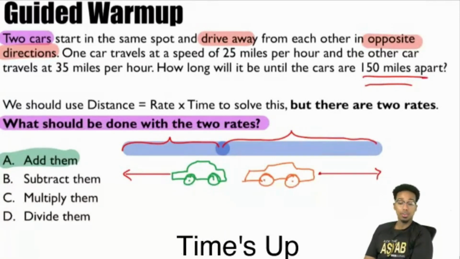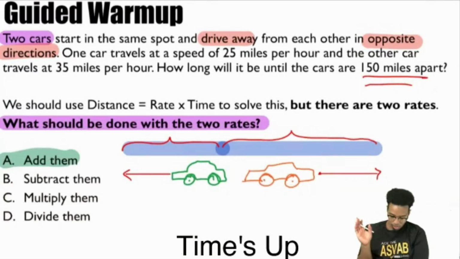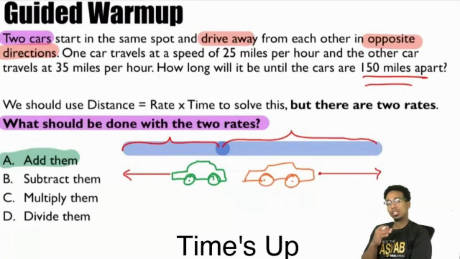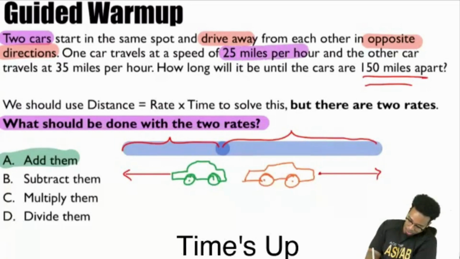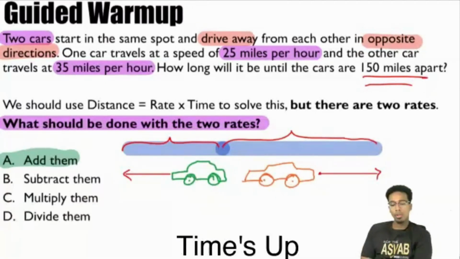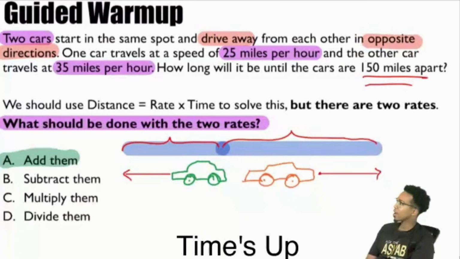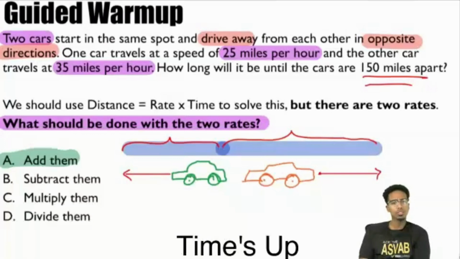Yeah, we're definitely trying to find the time. I know that. But what I want you to first pay attention to is how to recognize what's going on in the story. So we got two objects driving away from each other in opposite directions. And you even have two of the same type of unit here. Everybody help me out. I see that we have 25 miles per hour here, and we have 35 miles per hour there. Those are examples of distances, right?